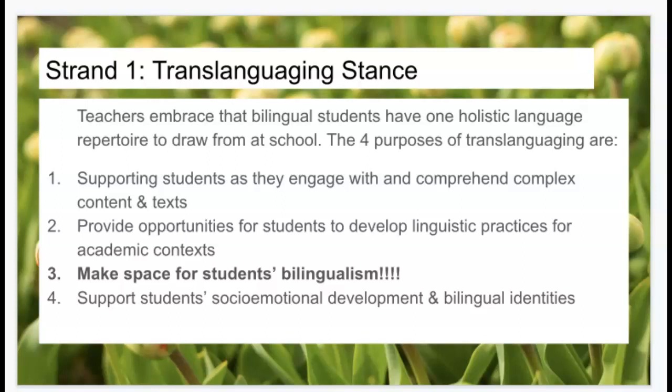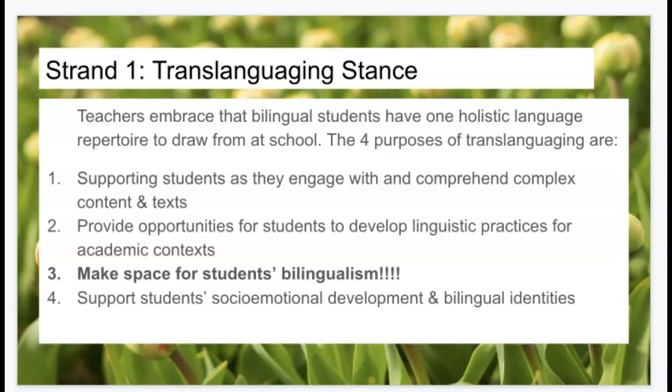That means that teachers embrace that bilingual students have one holistic language repertoire to draw from at school, and that the purposes of translanguaging are to support students as they engage with and comprehend complex texts and content, provide opportunities for students to develop linguistic practices for academic contexts, make space for students' bilingualism,